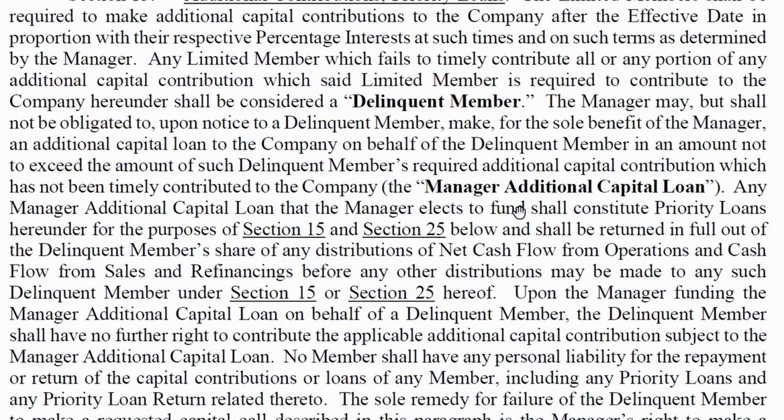Now, you see, upon the manager funding, manager additional capital loan on behalf of delinquent member, the delinquent member management additional capital loan. You see these words in the middle of this agreement that are capitalized. None of those mean anything to me, but in a legal document, in general, if you see